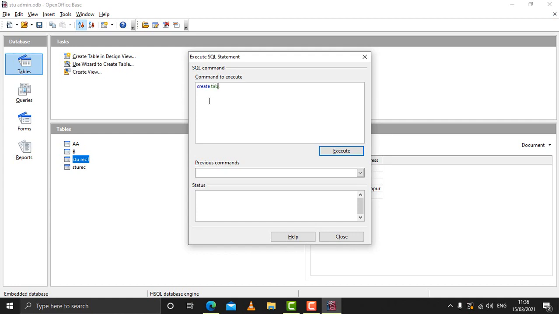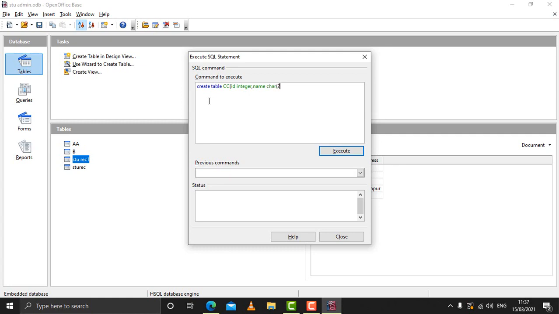Create table. Say for example you create CC, and then open bracket, and say first ID integer, comma, name CHAR.